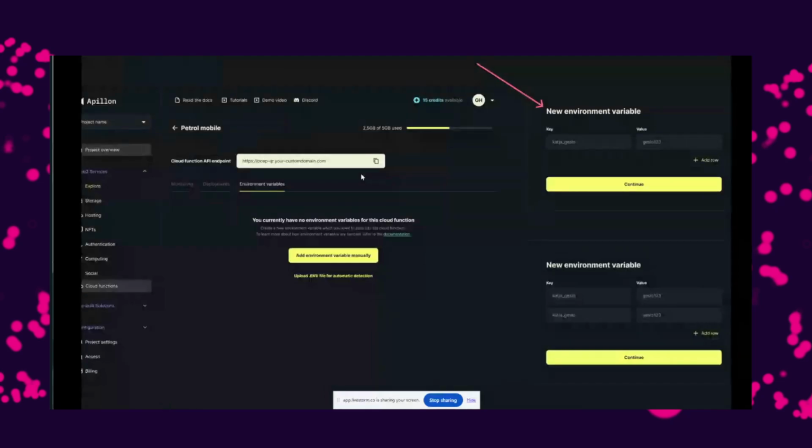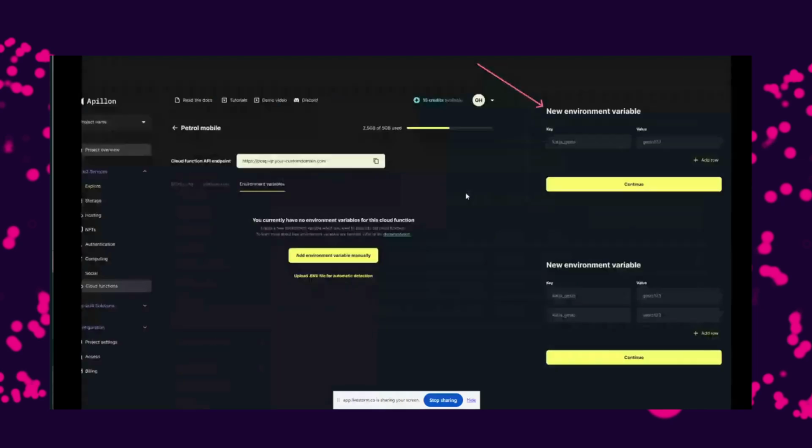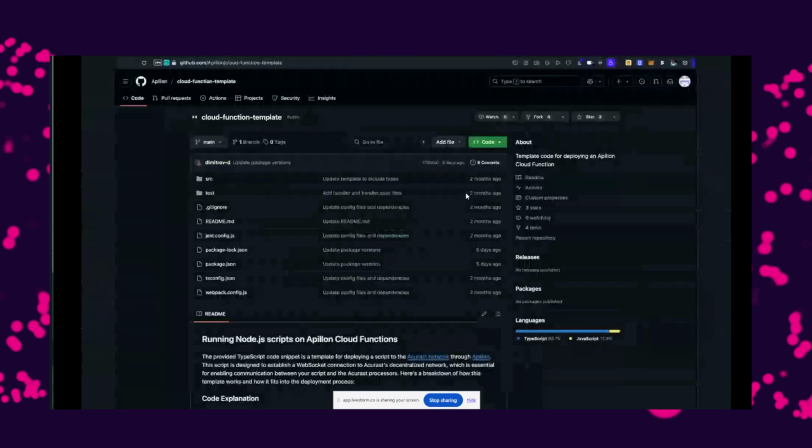If you want to inject them into this execution, and obviously you will also get an API endpoint, right? So this is everything you need, with obviously the understanding that that's going to Accurest and is being executed from actual Web3 infrastructure. To make it easier, what you can find on our GitHub is a Cloud Function template, right?